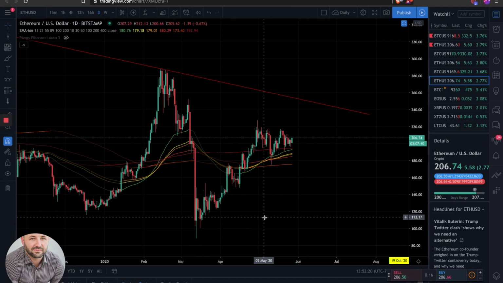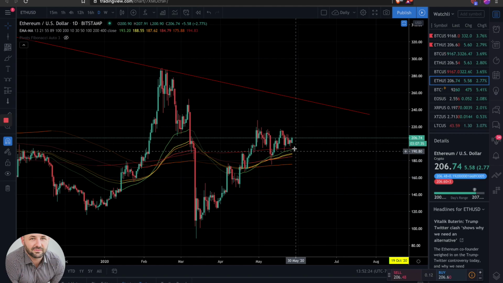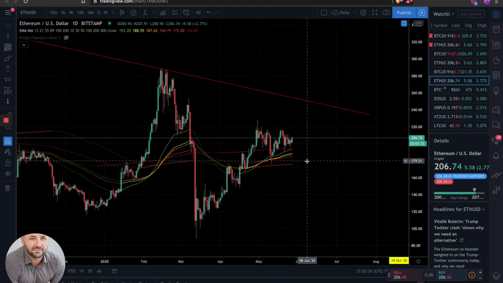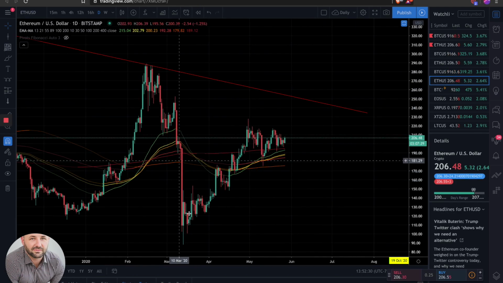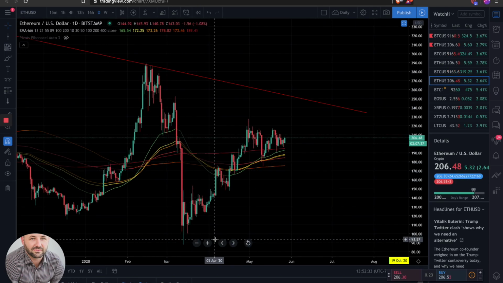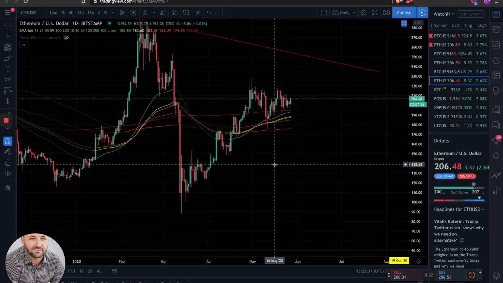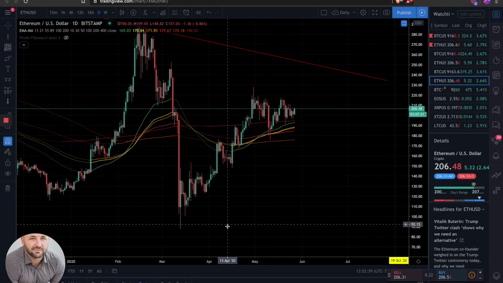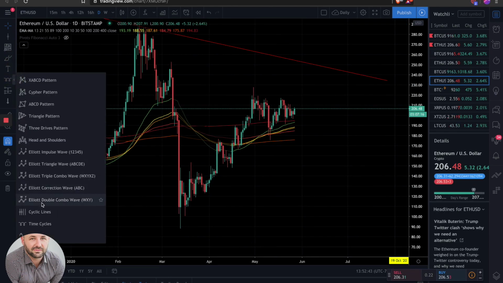On the daily, we've actually been riding pretty much all the EMAs. We have the 200 MA right here that has been holding us up with pretty decent support. This move down is really what we're looking for, to see if it comes off as a corrective move or if we're looking at something a little bit more impulsive. What I mean by that is,